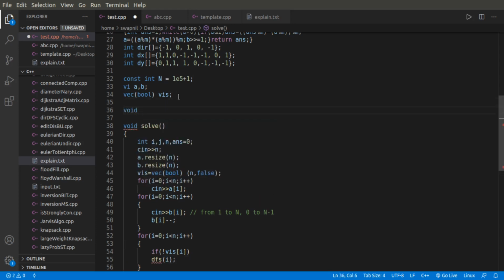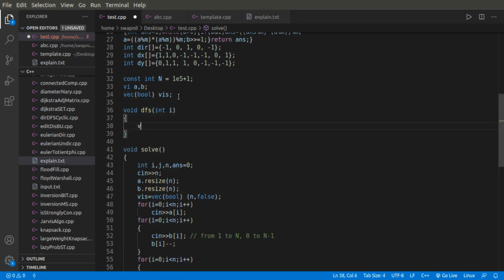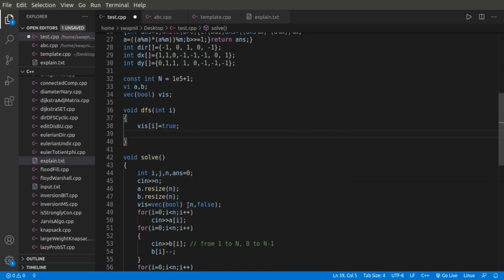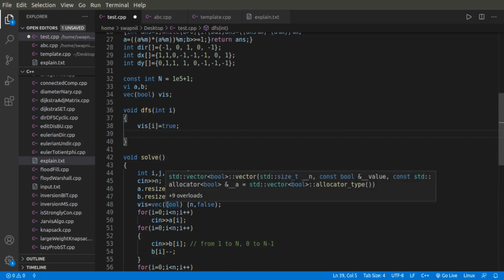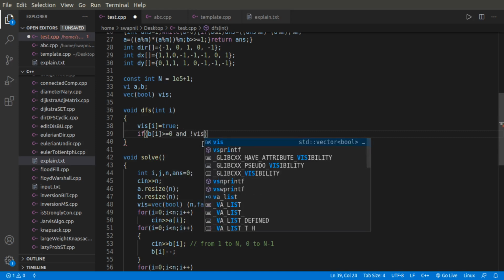I will define this DFS function with int i, and here I will make visited as true. I have initially made all the n values of my visited boolean vector false, and whenever we visit a particular node I will make it true. I will check if the next node to that, which is nothing but bi, has a value greater than or equal to 0 and is not visited.